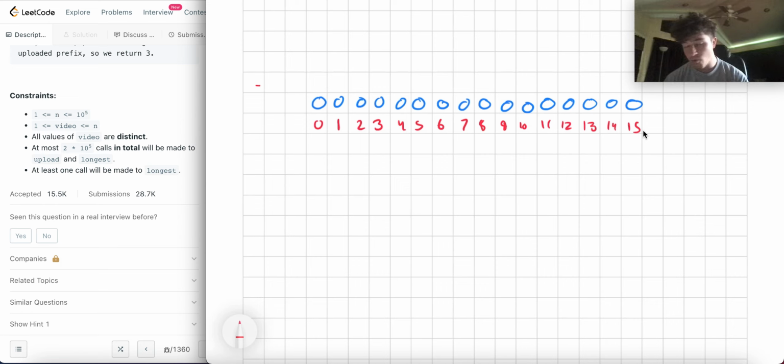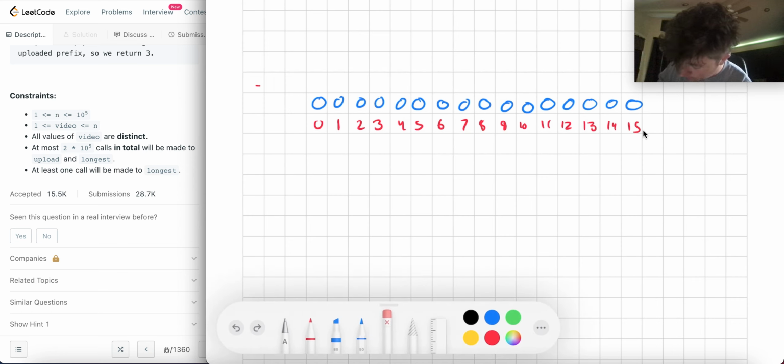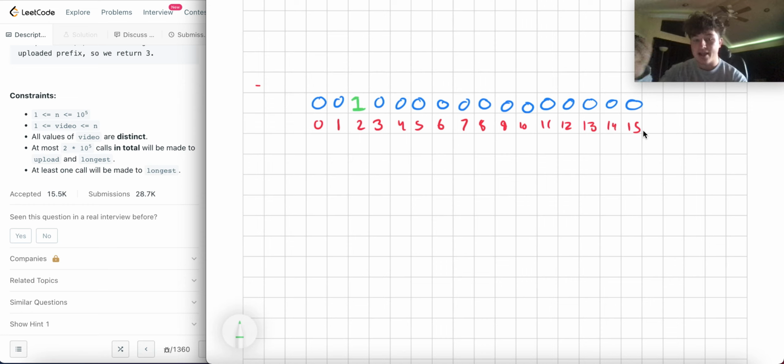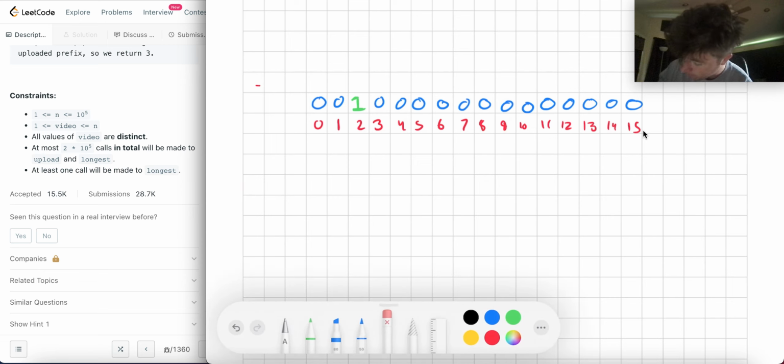So let's say we upload movies 2 and 3. Let's say we upload movie 2 first. We need to somehow keep track of the longest prefix at any point. And then say we upload 5.